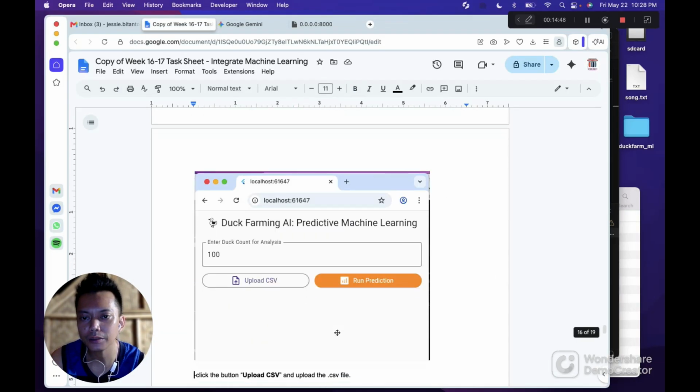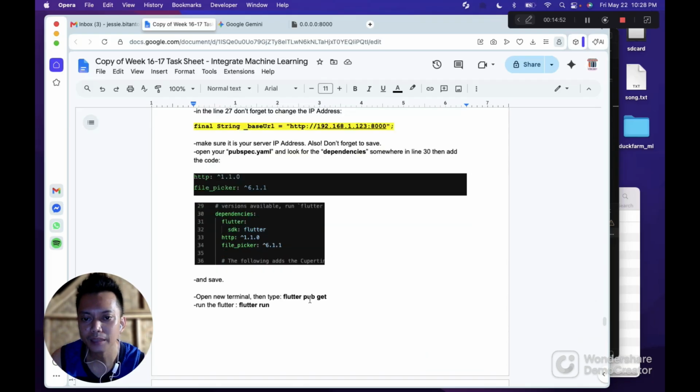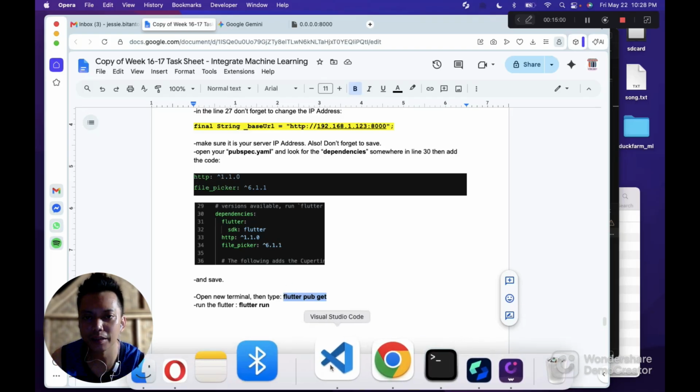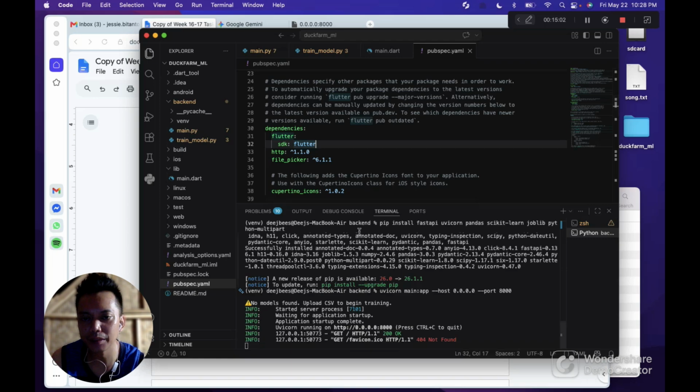Then done. So now we're going to try to run. So flutter pub get first, to apply the changes of this pubspec.yaml.